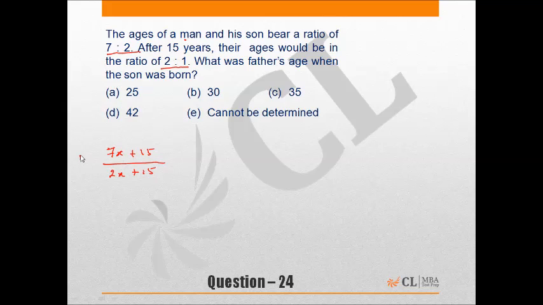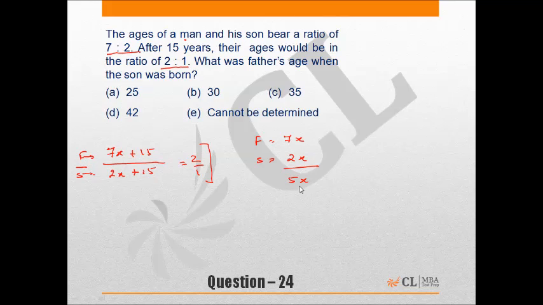This is the father, obviously, and this is the son. The ratio would be equal to 2:1. So you'll solve this equation and get the answer. But let me introduce a slightly different concept. If the age of the father is 7x and age of the son is equal to 2x at present,